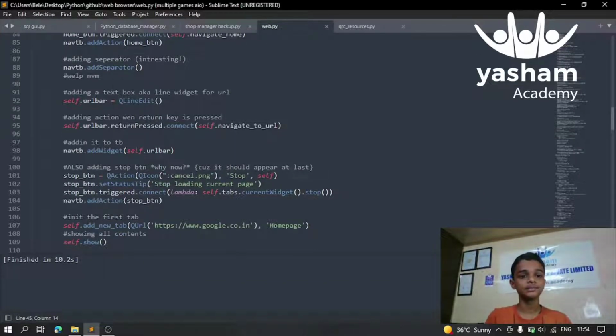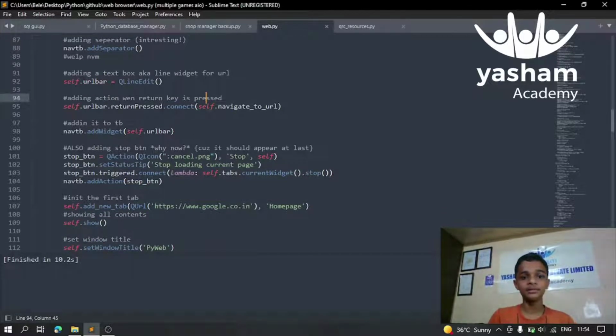And then text box, also known as line widget. So when there is a box, we can enter URLs in it, as well. Then return pressed, right? So when return is pressed, there is an action which we have defined here. Okay, and then adding it to the navigation tab. So navigation tab is ready. We have defined it up over here somewhere. So we have added a widget to this. Okay,